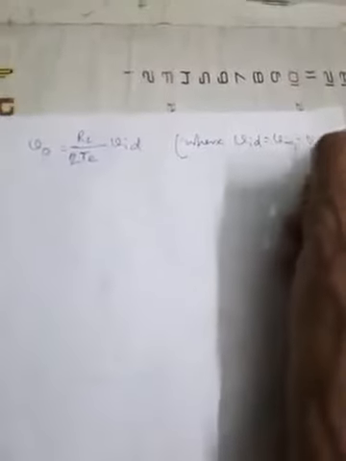Okay, so now this can be rewritten as, therefore VO is given by RC by, this RE is cancelled out, and so VO is RC by 2 small re into (V in 1 minus V in 2). So therefore we may write that VO is equal to RC by 2 small re into VID, where VID is given by V in 1 minus V in 2.